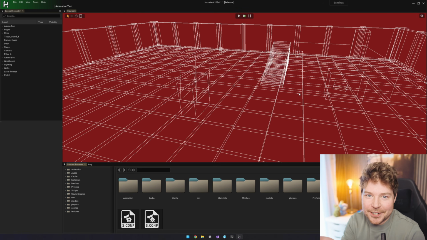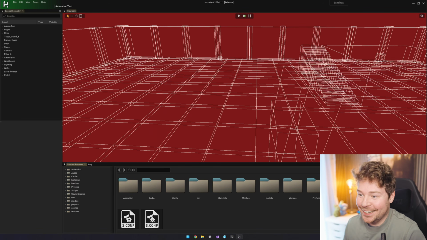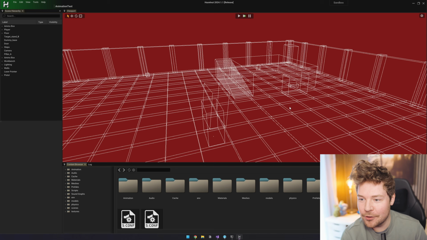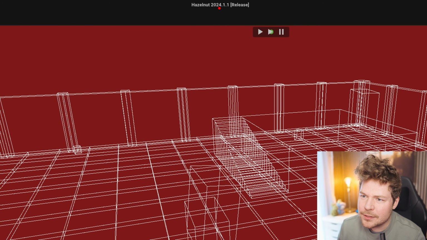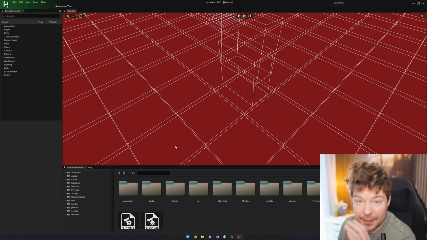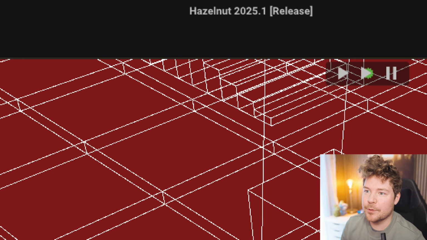Look at this. Check this out. Isn't this amazing? We finally have something rendering. So what you are looking at over here is Hazel. Wait, it still says 2024.1. That took a while to recompile. But here we have Hazel